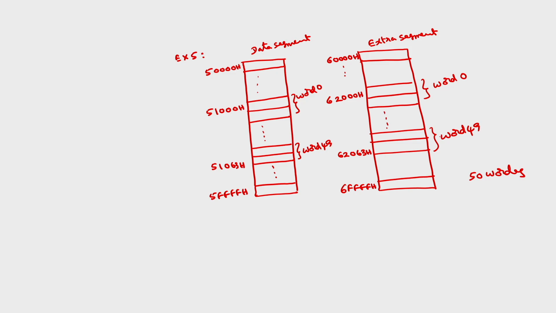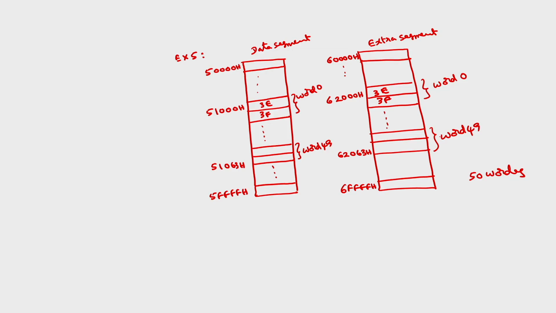So, how to end: after comparing all the 50 words, or we can end in between if there is a match, if these contents are the same. For example, if you have something like 3E3F and this is also 3E3F, after the first comparison itself you have to stop. Otherwise, if the 16-bit words are different, you have to go for the next comparison. So we stop at a point where both the words match, that is one condition, and the second condition is if the end of the array is reached.